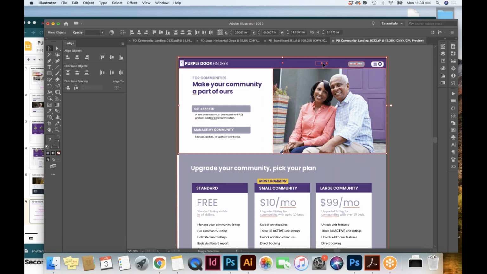We could always have a button to go to my communities in case you want to jump into showing the communities that you already listed. I like that. It can be just a link, a simple one. So that one turns into manage my communities once they're logged in.